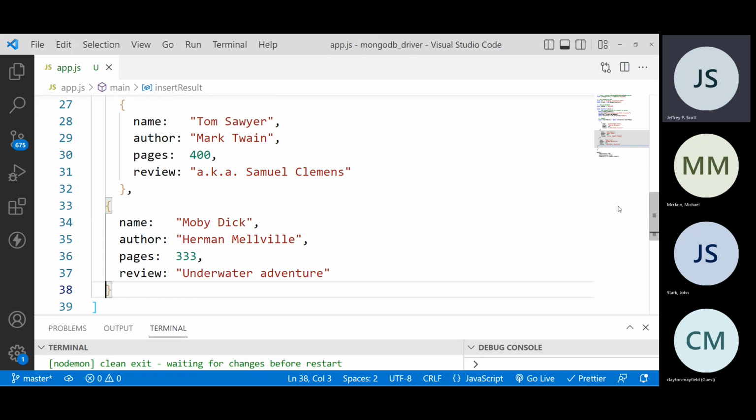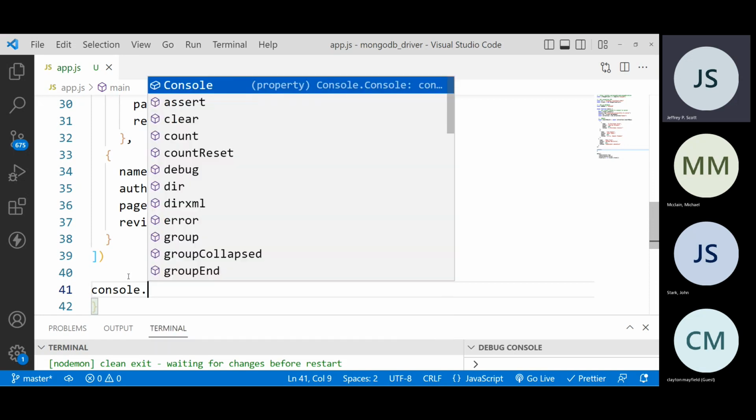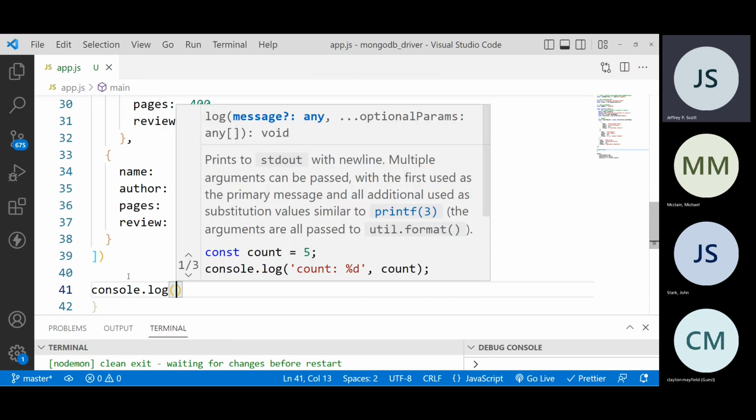It will put them in there, but we won't be able to see them when we run the program unless we jump back into Mongo SH, which we can do. But rather than me having you watch me do a share back and forth, what I'm going to do is after the last record, after that final parenthesis, I'm going to hit enter and do a console.log